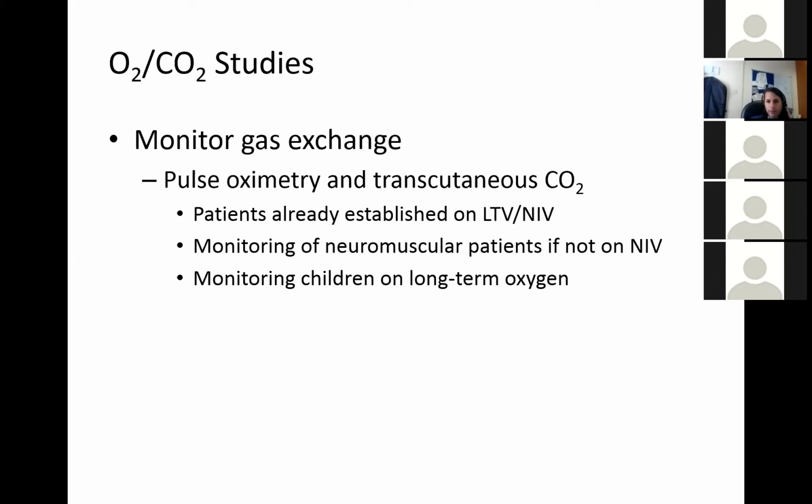And actually you find that when you put them on non-invasive ventilation, they suddenly say, oh God, I feel so much better, because you've basically made their sleep a lot more consolidated, and you've brought their carbon dioxide down. So some of these children may chronically have been having headaches or sleepiness in the daytime due to disturbed sleep, and not been realizing that actually there's something we can do about it.